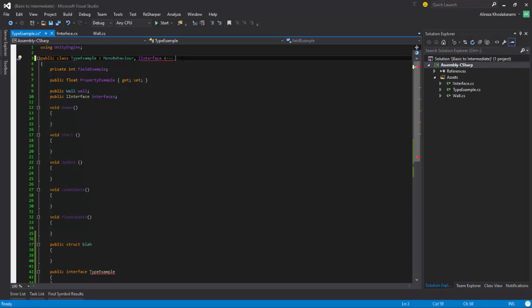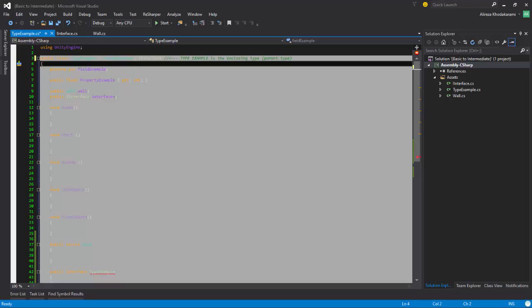So here, look at me. Okay. Here, the type example is the enclosing type. I simply use the term parent type, but that's my own English language. The phrase for programmers is enclosing type. So what Unity is saying is that, hey, you have an enclosing type, and you see that it's enclosing because,